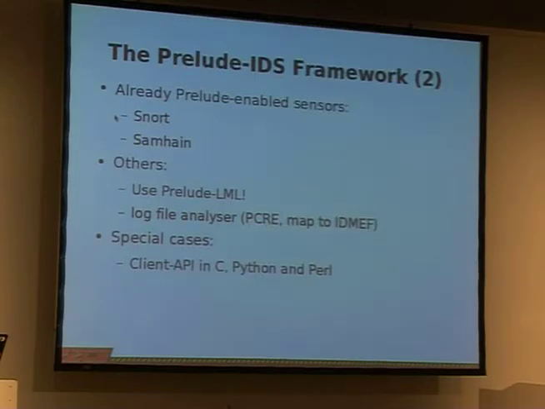Other sensors that have still no support for Prelude can be utilized by the Prelude LML sensor, which is a very special sensor because it is able to parse log files, is configurable by Perl-compatible regular expressions, so you can grab the information you want out of the log files and put it into an IDMEF structure and pass this